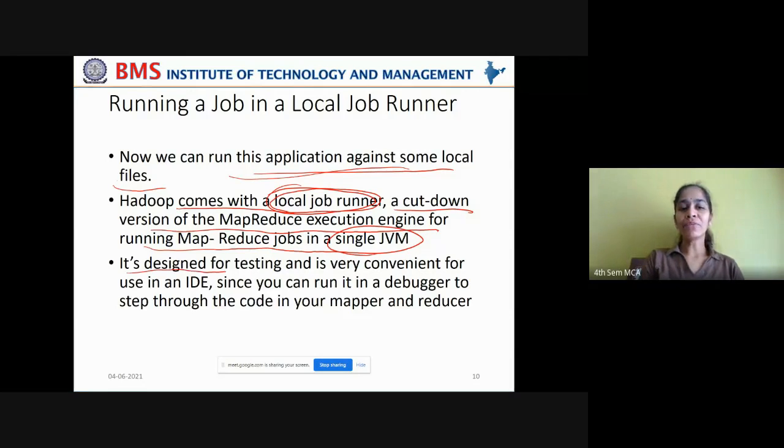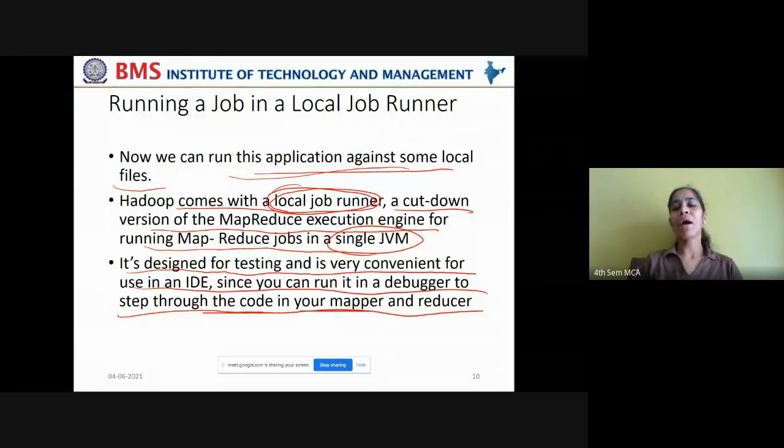It is designed for testing and is very convenient for use in an IDE, since you can run it in a debugger to step through the code in your mapper and reducer. So this enables us to run our code in our local IDE, in our integrated development environment, so that debugging will be easier for us. You can go step by step in order to find out if any errors may arise or not.